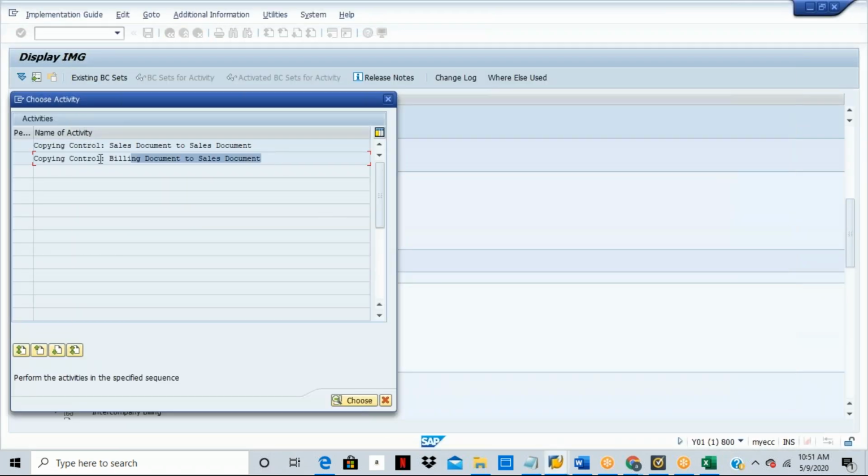The next one, you also need to maintain copy controls between billing document to the sales document, because when you are creating some sales documents like credit memo request, debit memo request, and returns order, you have to give the reference. You have to use the reference of the billing document. Even for the return order, can you create the return order directly, just like that? No, right? When you are creating the returns order, you need to specify